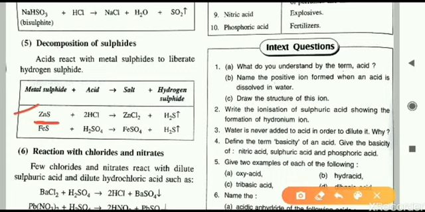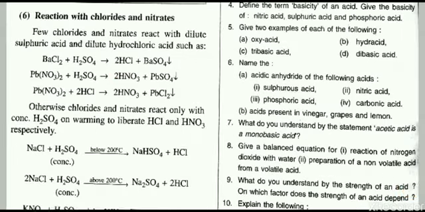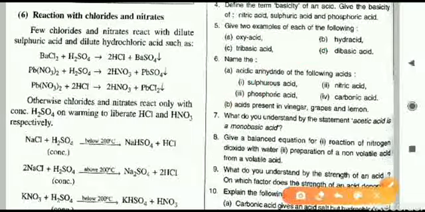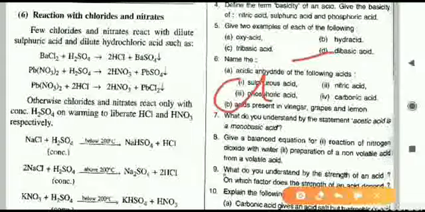So let us see the equation here. Metal sulfide combines with this acid. So zinc sulfide, ZnS, combines here. What we'll get? First you write H2S. So hydrogen is removed, sulfur is removed. What is left is Zn and Cl, that will form zinc chloride. Similarly, the next metal sulfide is FeS, iron sulfide. It combines with this acid. What will we get? H2S. So H2 is removed from the acid, S is removed from the sulfide. What remains is FeSO4, that is the salt.